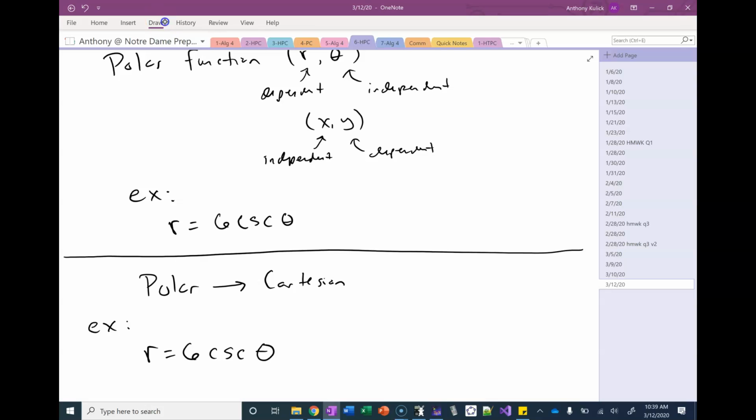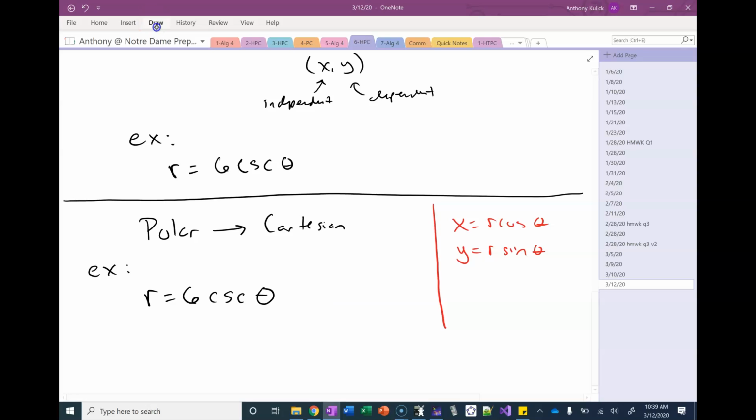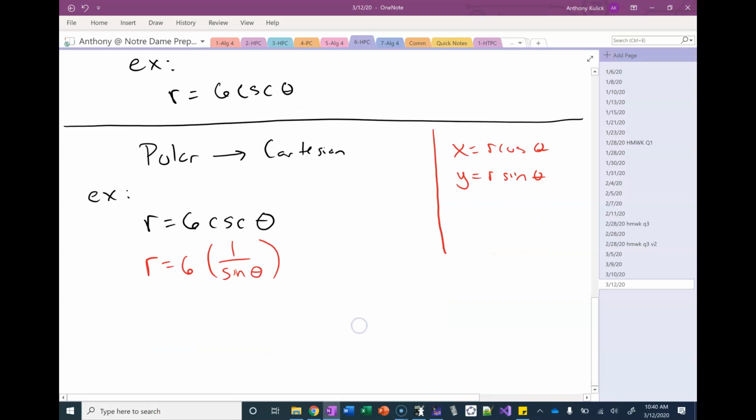Okay. So it seems then that the 2 equations that would likely be the most useful to me are x is equal to r cosine theta and y is equal to r sine theta. So I'm trying to get those sorts of things so I can substitute them for an x or a y. So I remember that cosecant is the same thing as 1 over sine. That was a first semester idea, right? We still have to remember those. And if I multiply both sides by sine theta,